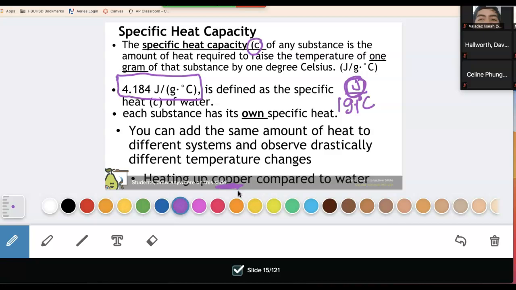That has everything to do with its specific heat capacity. Here's why. Metals have really, really low specific heat capacities. What does that mean? You don't have to put in a lot of energy to get them to get hot, okay? So a small